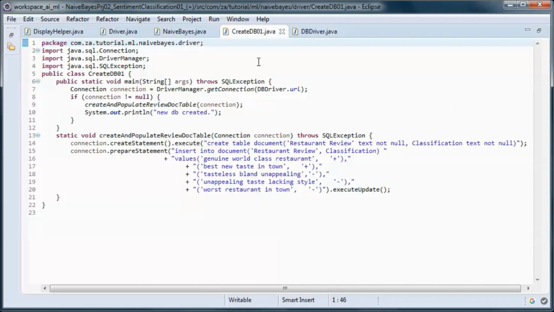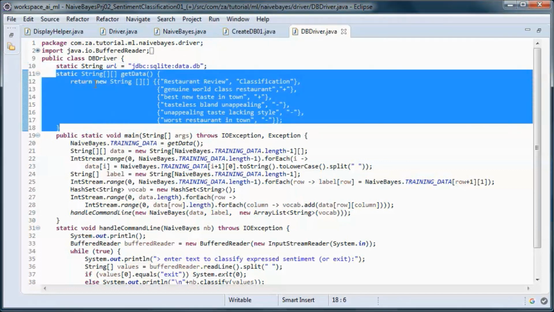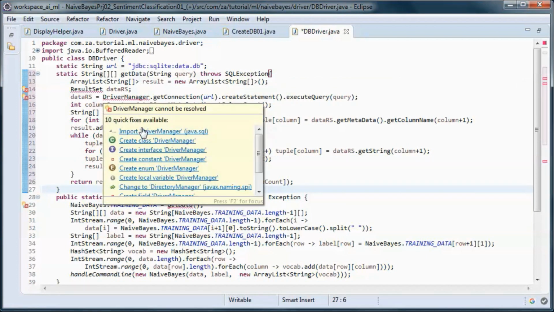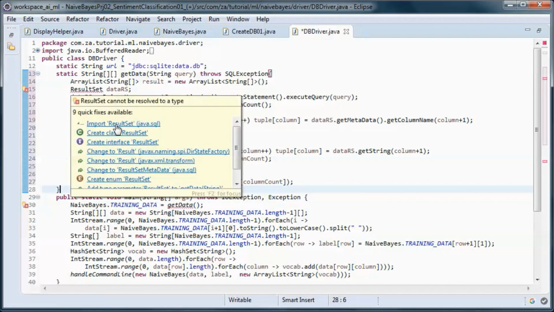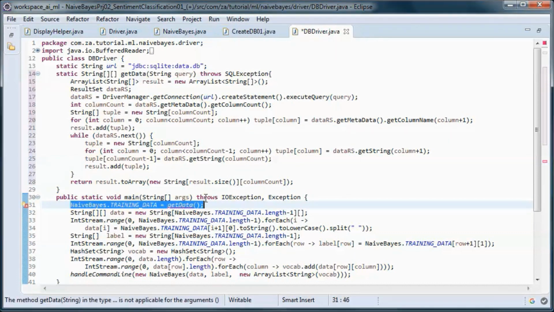So now we created and populated the database, and this method will be picking up data from the document table in the database.